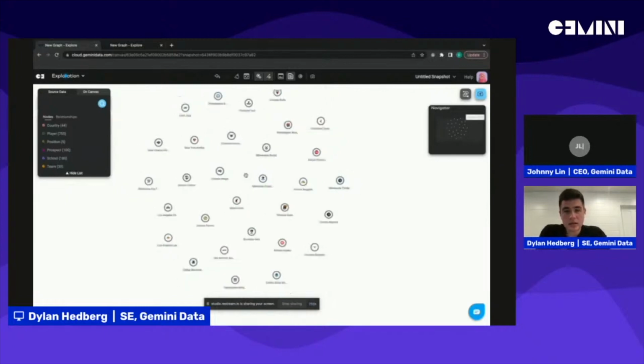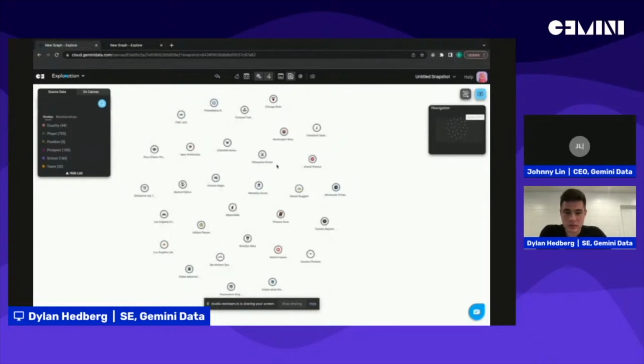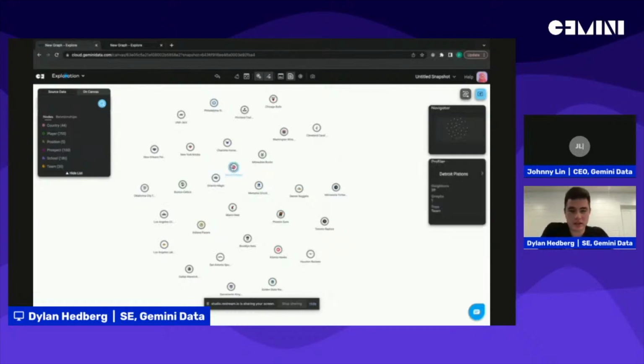And let's say, for example, I was trying to help a certain team. Let's help the Detroit Pistons, since if you guys are aware of their NBA standing, they're generally in last place for the last few seasons. So sorry in advance for any Detroit Pistons fans out there. But let's see how we can use Graph to help them out.